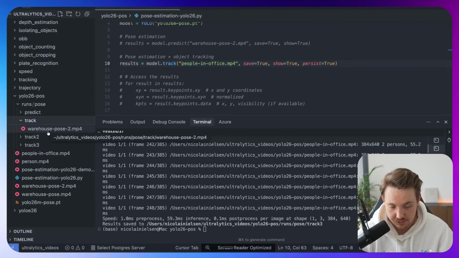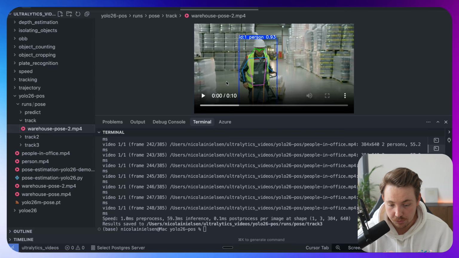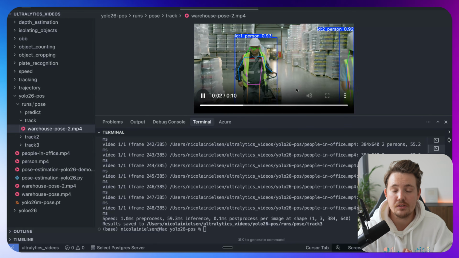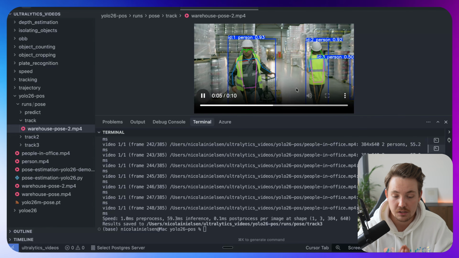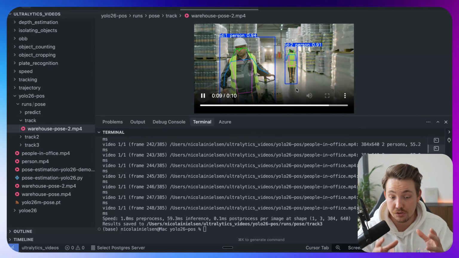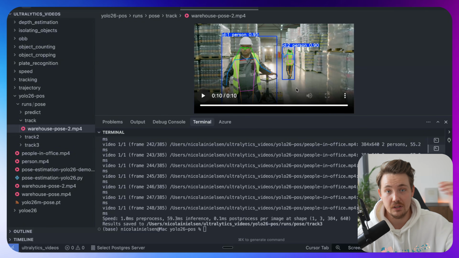So this is all the videos that we ran, and we will also get the output videos here. So this is pretty cool. This is how you can run pose estimation with the new YOLO26 model. Go ahead and check it out. It's just a few lines of code, and you have it up and running on your own projects. Then it's about building the use cases on